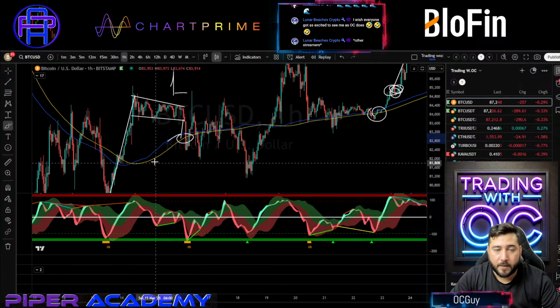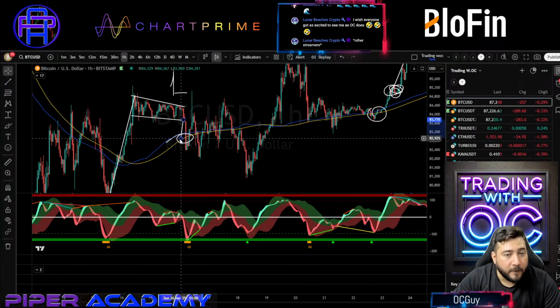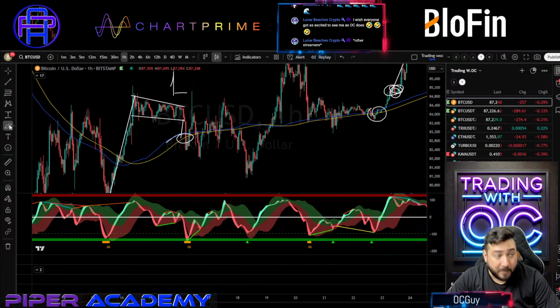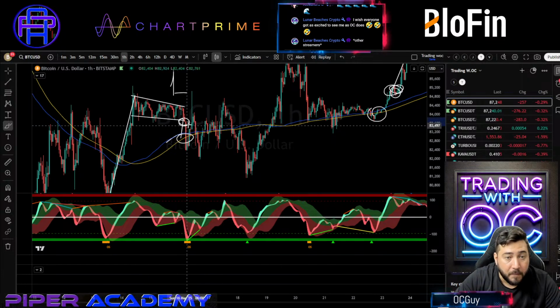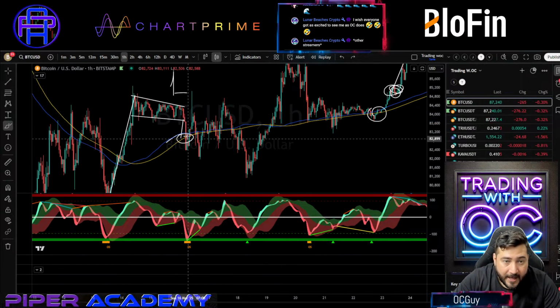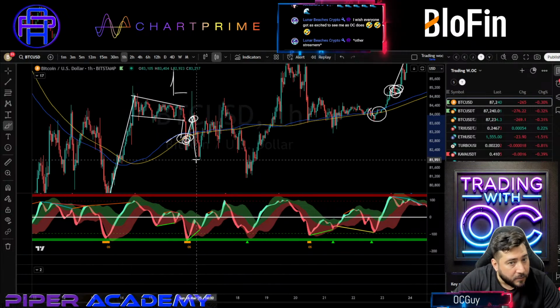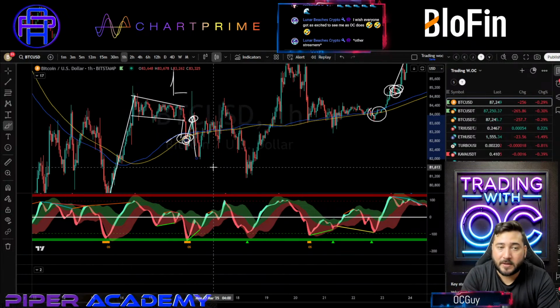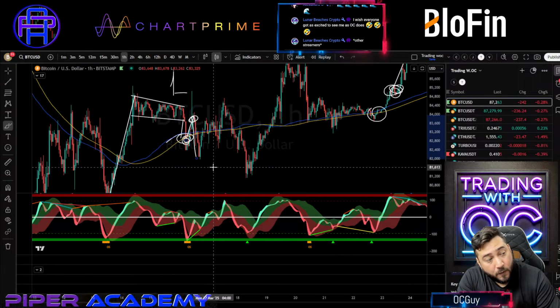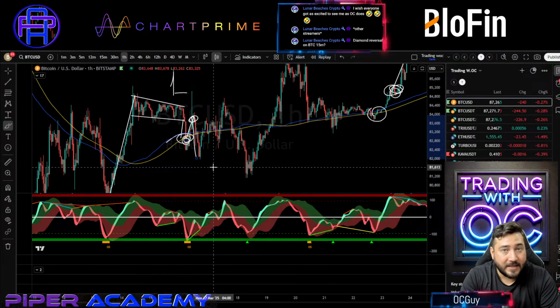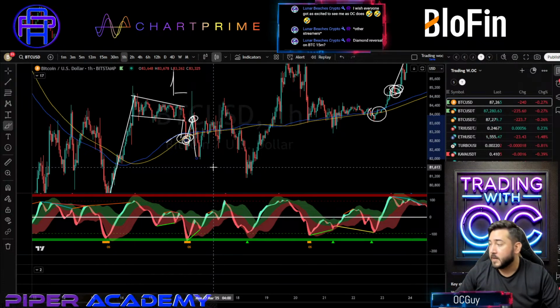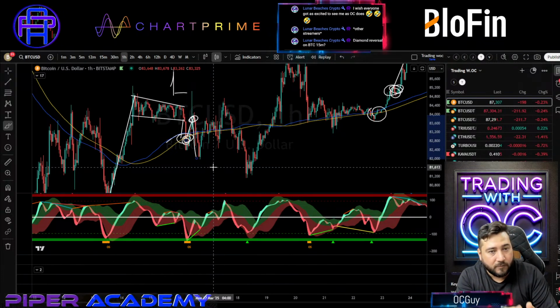What do you got? A very close reaction. What do you got there? You have your SMA combo. So what could you maybe be expecting out of that? Well, if you don't catch the break downwards, then you catch the bounce to the upside and then the reversal. So that is how you trade this. It doesn't matter how it breaks out. What's important is that when it breaks out, you already know which pattern it is, and you already know where your targets are. So it is not about predicting the future. It is about already knowing what you're going to be doing based on whoever or whatever is acting right now.